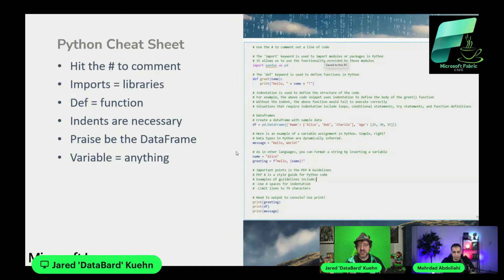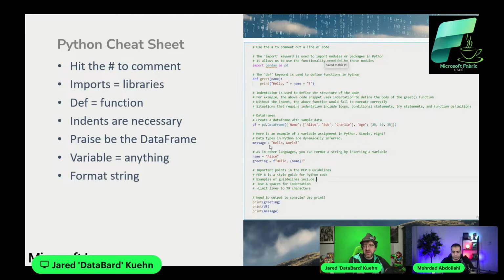Variables can be anything. If you've worked with PowerShell, this should be something that is not a surprise. The Python language does this as well. You can see from an example of this message definition that I have here. I don't have to define a data type. I don't have to define nullability or any properties about it. I just have to define the name of it, give it an equal sign, and pass it a value, an object, pass it anything. That is what that variable becomes. It tries to derive what it needs to be from what you pass into it.